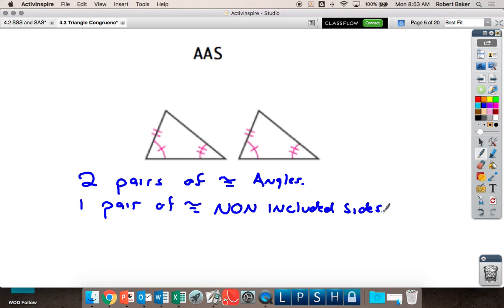This is the opposite of ASS. This is AAS. And that does prove congruence. So you still have two angles that are congruent, but you have a non-inclusive side that is congruent. That says SAA or AAS, and it does prove congruence. That's your fourth one. Okay, so the two that do not prove congruence,